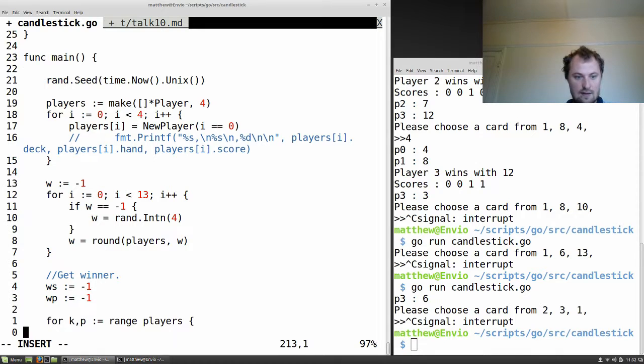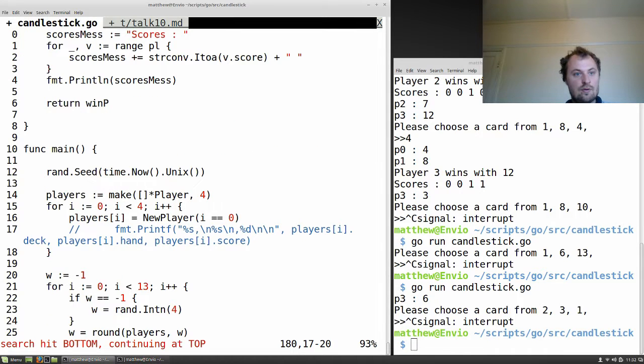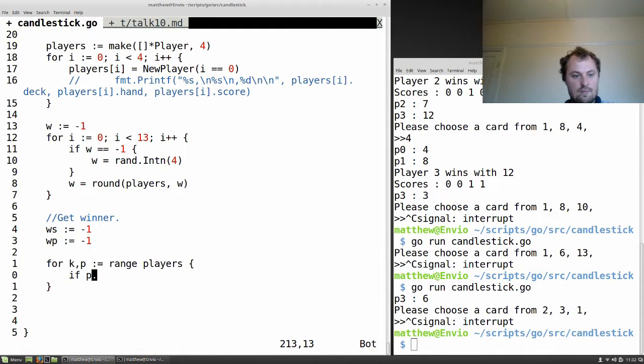Do this now. If P dot score, I think it's a capital score. Let's have a quick check of the word score. No, it's a lowercase score, you can see here. So back to wherever we were at the end: if P dot score is greater than WS, that's the winning score at the moment,